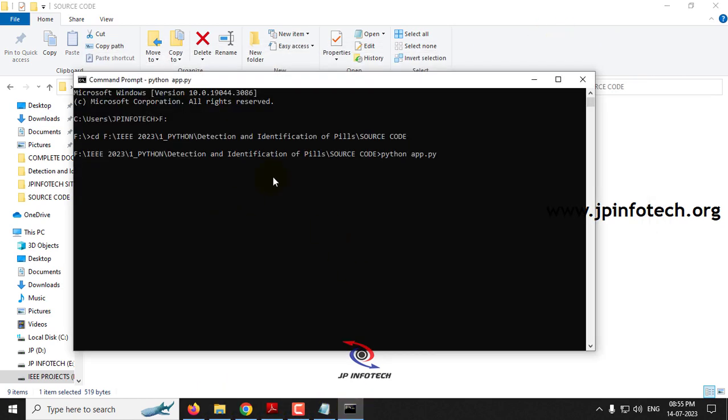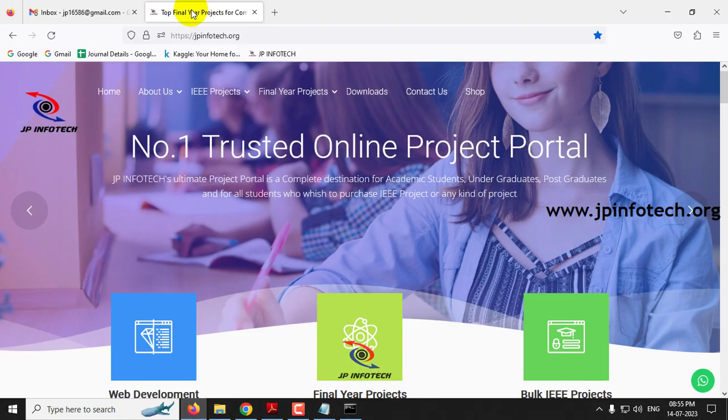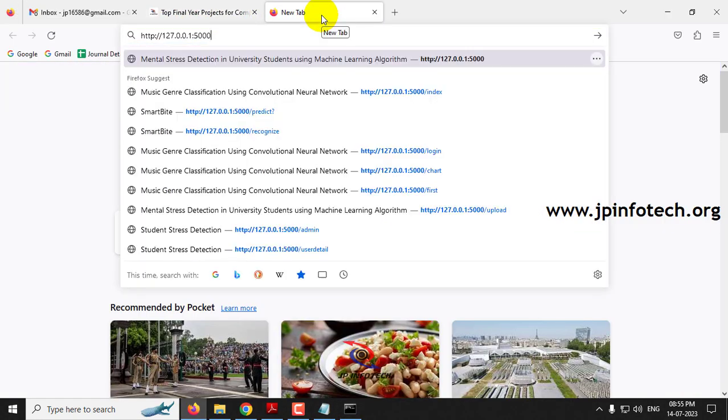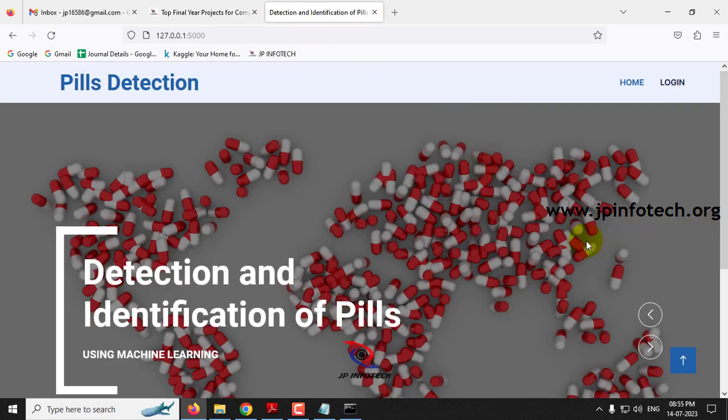So now in the command prompt, just wait till the URL is generated. So now you can see the URL is generated. Just copy this URL, go to any of your browser. So I'm going to Firefox. Just paste the copied URL, and now you can see the home screen or welcome screen of the project with